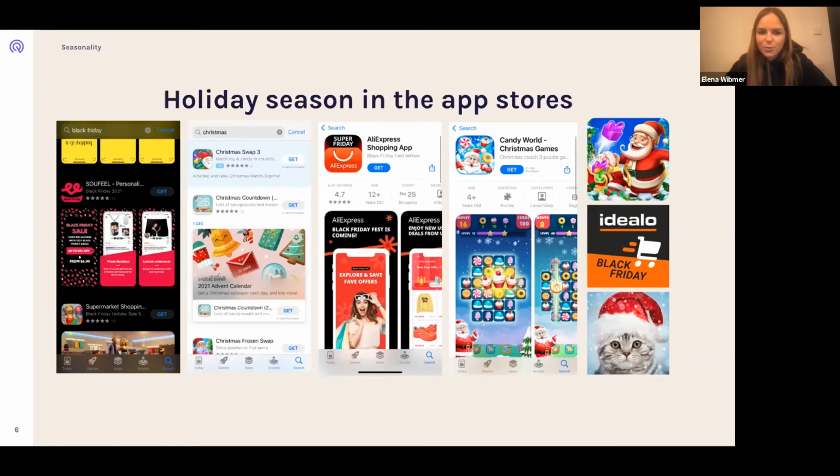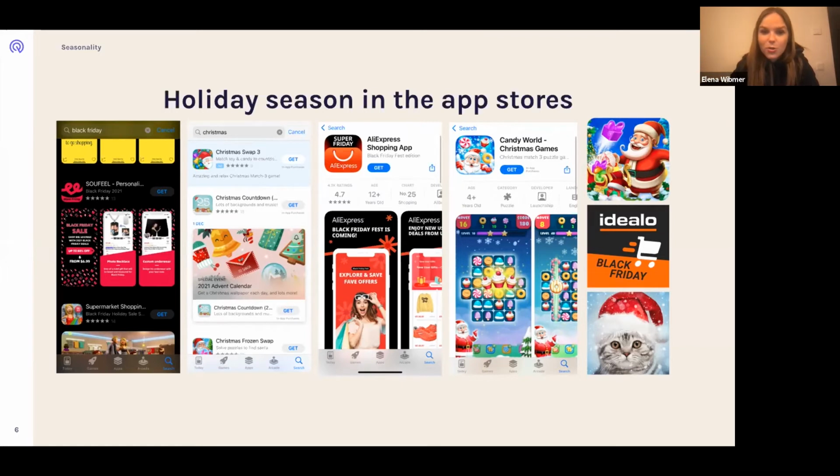Another thing that jumped into my eyes was everything around Apple in-app events. That was launched at the end of October as a new feature alongside iOS 15 features that we have hardly waited for. Here, for example, the Christmas countdown app is making nice use of it with a Christmas calendar countdown. And I think that's also a really great way of how to leverage seasonality within the store.